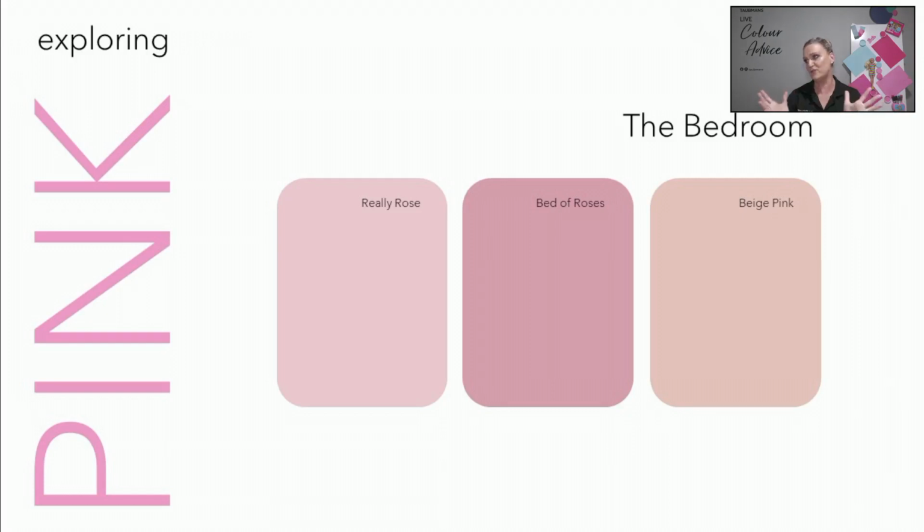Okay, so the bedroom, here we go. I've talked to a lot of people, and I've been standing in Bunnings at the colour wall, helping our lovely consumers with colour. The minute I mention pink, people go, oh, and I think some people tend to think pink is only for females. Not true. You can get some beautiful pink tones to paint within a space that aren't overly pink